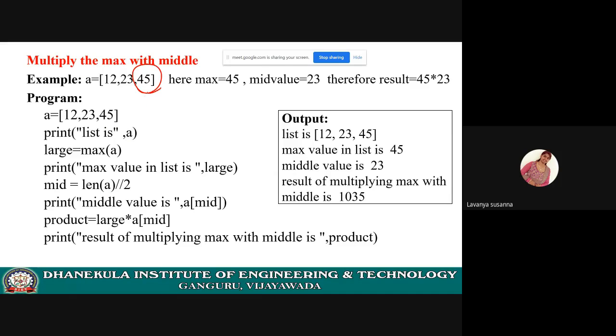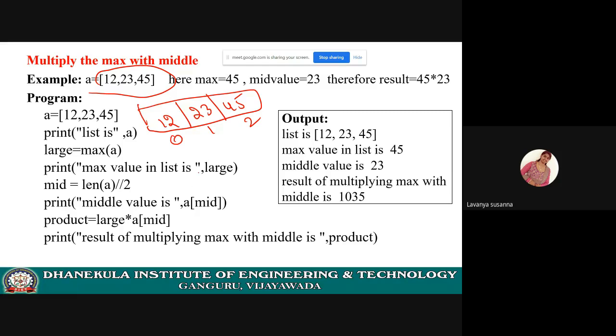You have found the maximum value. Next, you need to find the middle value. How to find the middle value? It's very easy. First, find out the length. See, middle value. Just wait. 12, 23, 45, that starts from 0, 1, 2. Now, I am going to find the length of this list.